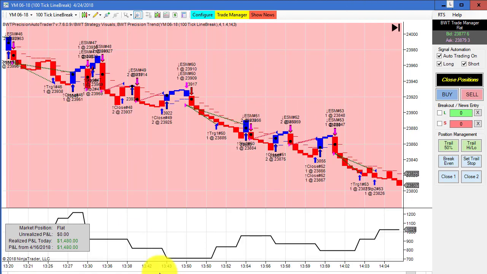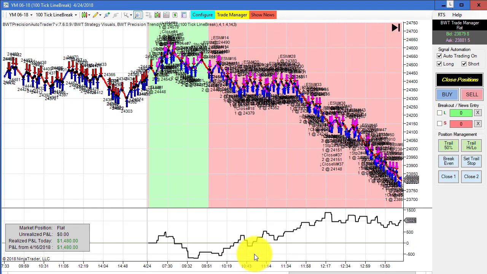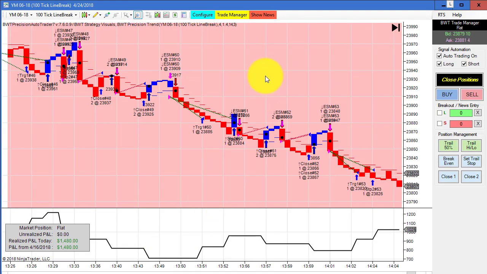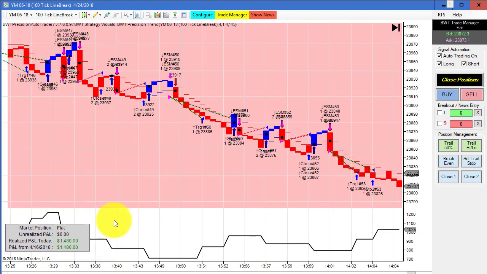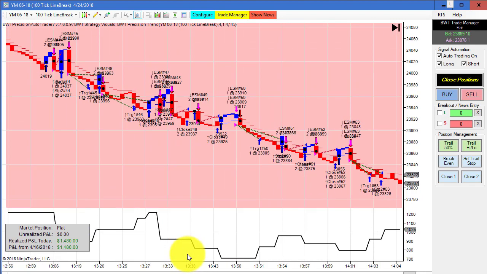So this was fairly active today. You can see our higher time frame pretty much only allowed us to go short. And the reason it's not staying short through these pullbacks here is I'm using the precision trend exit, so it's actually exiting when the bars turn blue but then going short again. So perhaps I should not use the precision trend exit, but that's the kind of control you have with the